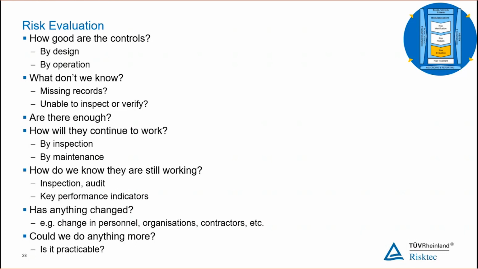Sometimes it might be useful to establish performance indicators to give us early warnings, a red, yellow and green system that tells us if things are starting to break or starting not to meet their performance objectives. And also to go back in and start looking at things changing. The organization might change, the contractors we use might change. Does this change the effectiveness of our controls?